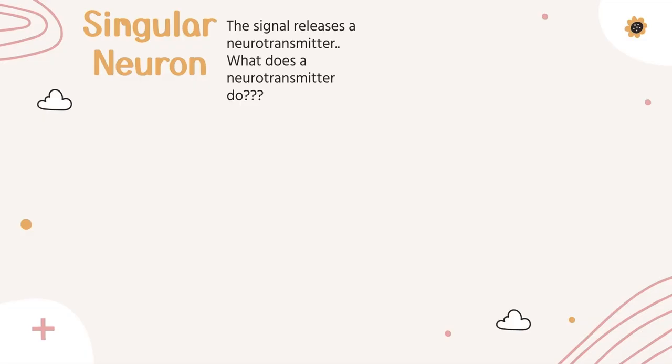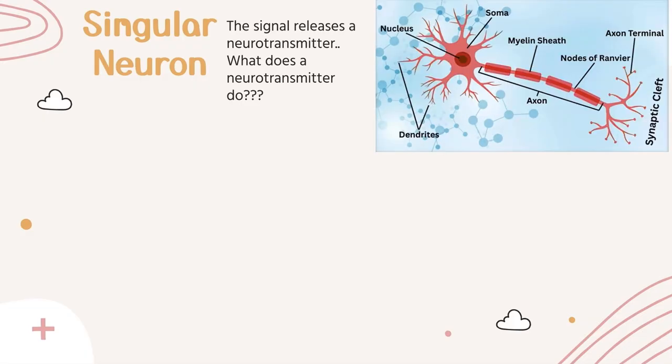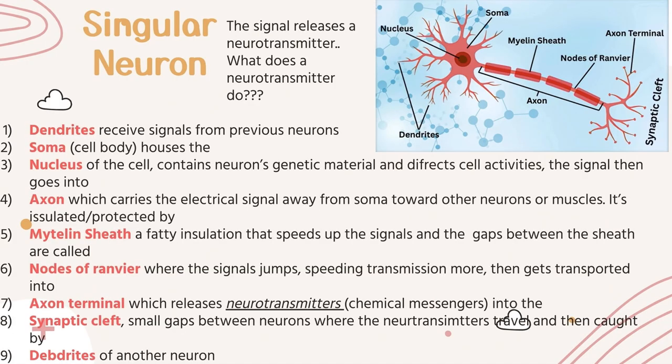So this is what a single neuron looks like. First, there are the dendrites, which receive signals from the previous neuron. And then the soma, which is the cell body. It houses the nucleus of the cell, which contains genetic material and controls different cell activities. Then the signal goes to the axon, which carries the electrical signal away from the soma towards other neurons or